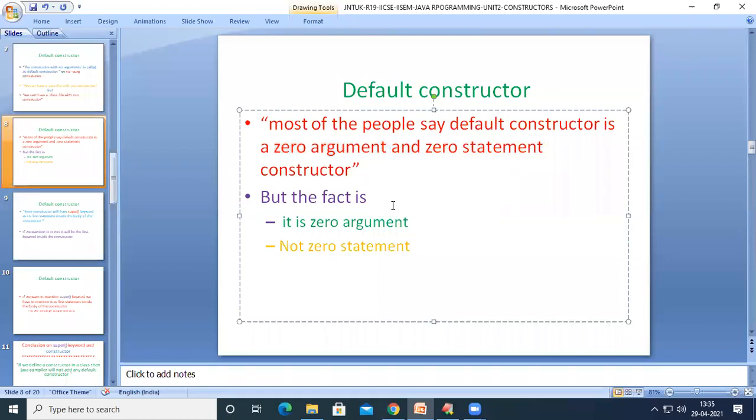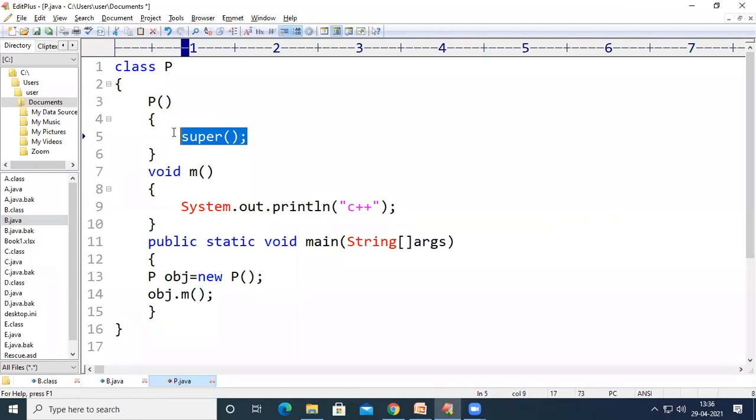But the fact is that there will be no arguments for that constructor, but it is not a 0 statement, which means there is something in between these two braces. The thing between these two braces is,